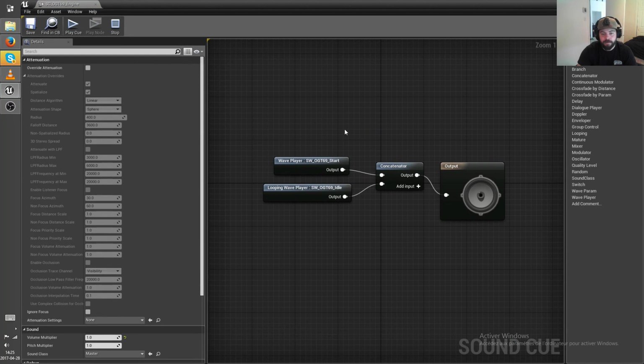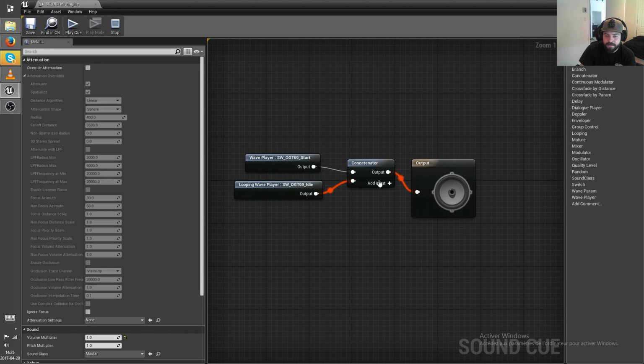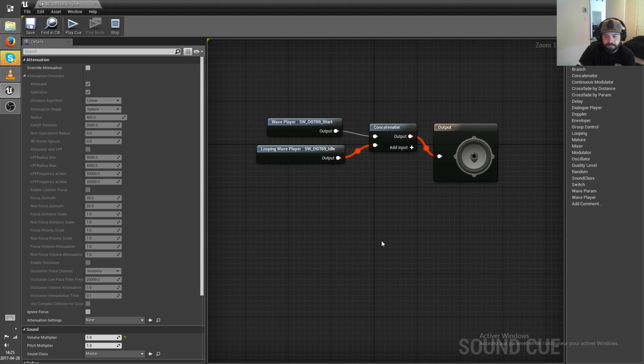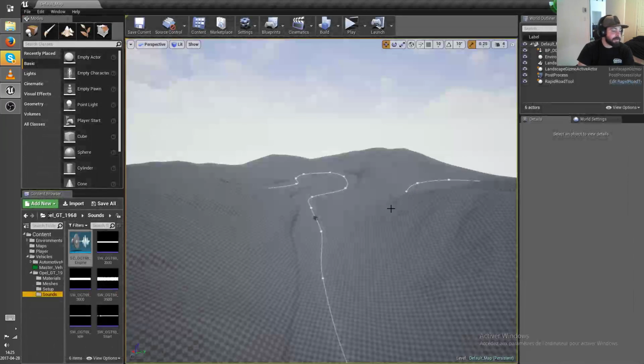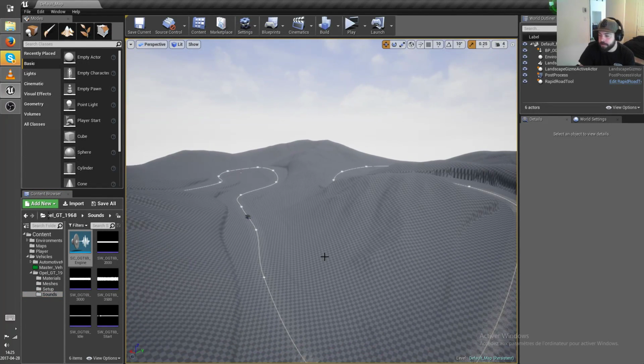And so you can go in here and just play it, and you see it plays the start sounds, and when it's done, it automatically switches to the next one. And that's really all it does. So I hope this answers your questions about how I made the engine sounds,